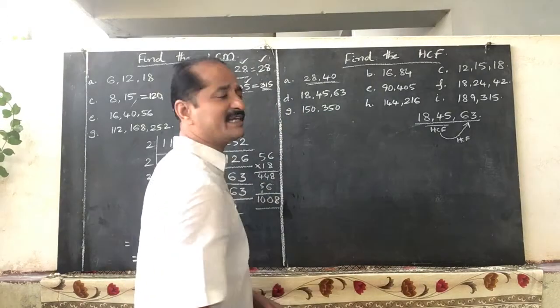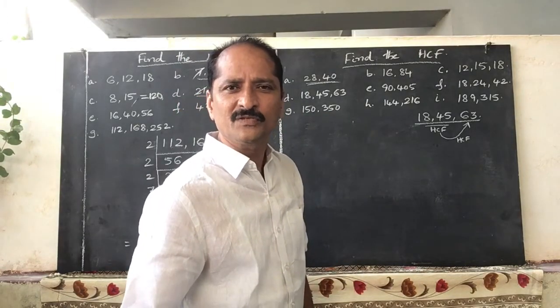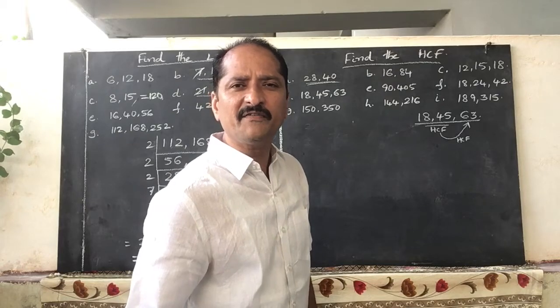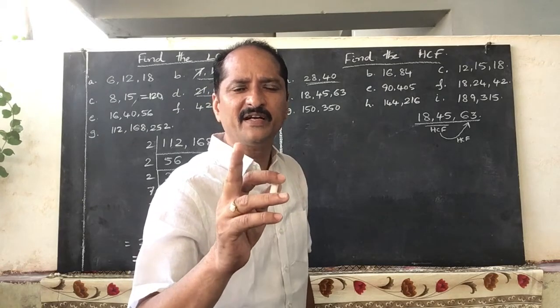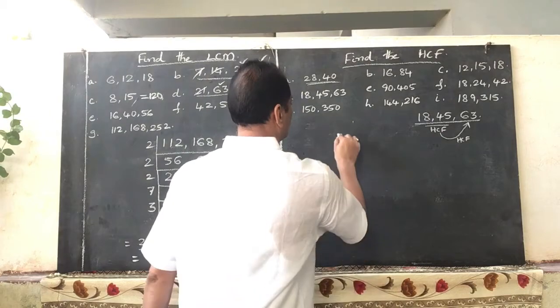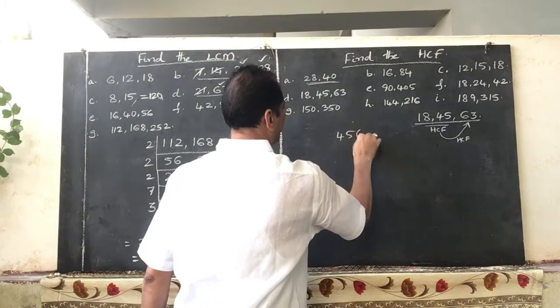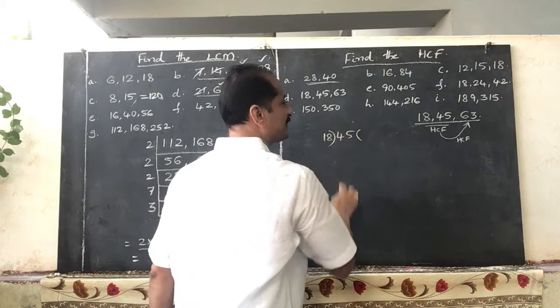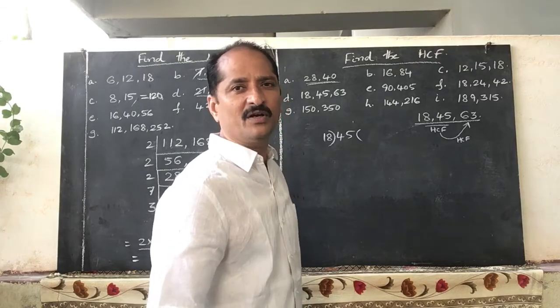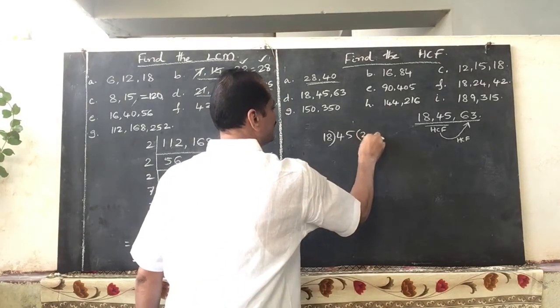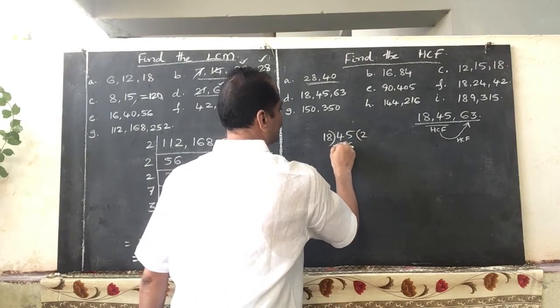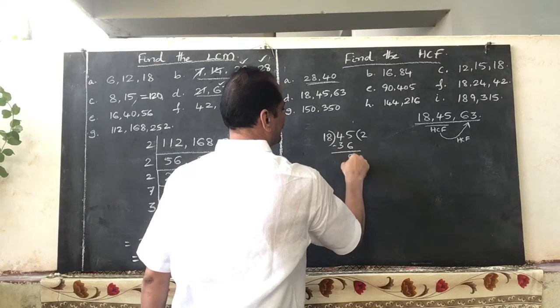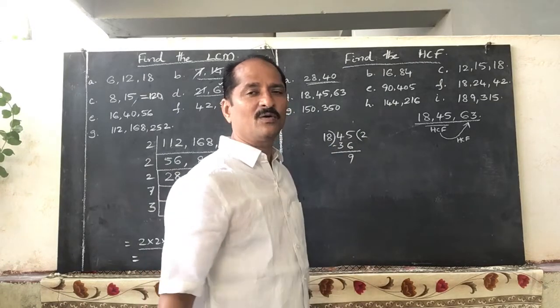Same like this. Find out the HCF of 18 and 45. What will be the HCF of 18 and 45? The greatest number is 45. Divide it with 18. So 45 divided by 18. 18 2s are 36, 18 3s are 54. Here you are not getting 3, so 18 2s are 36. Remainder is equal to 15 minus 6 is equal to 9. 3 minus 3 is 0.